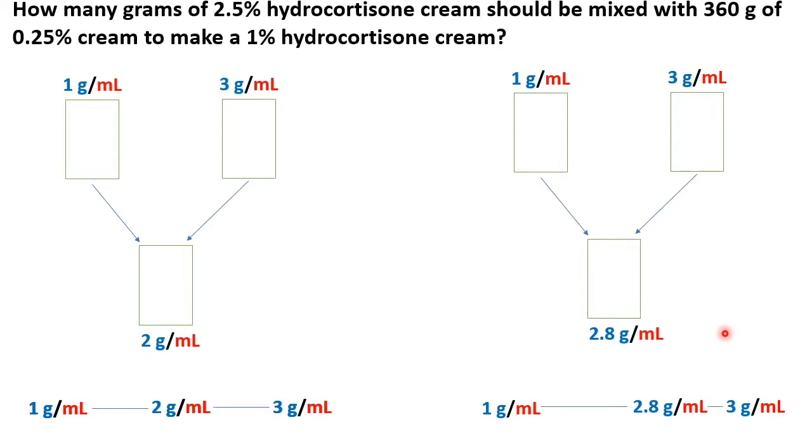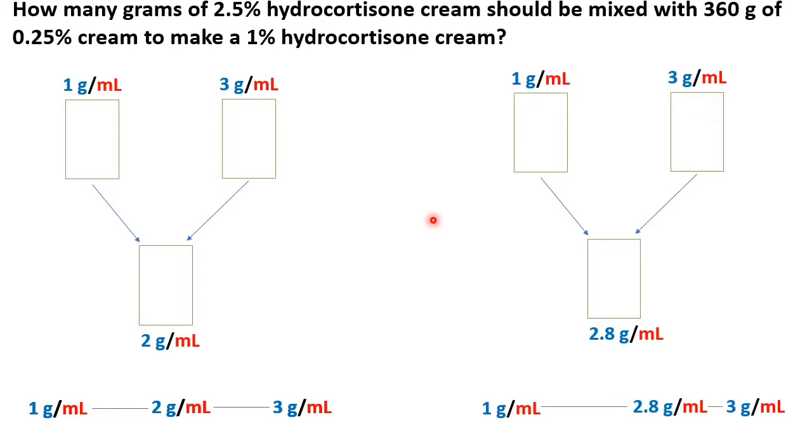Since it is more shifted towards the larger density, we know that we would need a larger volume from that, because the resultant density is more than the number in the middle, which is 2. So we would need a larger volume from this solution than this,